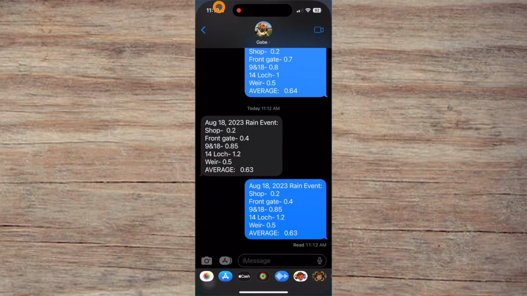If we go to our messages, and now I message this to myself, again, this is a demo, you'll see all that same information is right there. Now you can have this message anyone you'd like. It's really great. We have it set up to go to all of our key team members. They know how much rain we got the night before, so that's great. It also